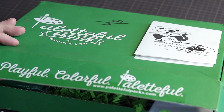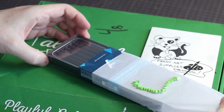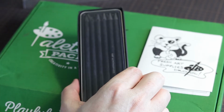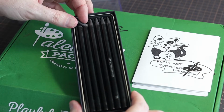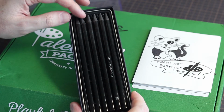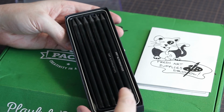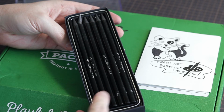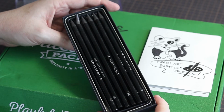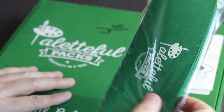Ooh, I think I hear pencils! Ooh, it's a Woodless pencil set. Let's see. It looks like I've got a broken tip from mine. That's alright considering all the things that have shipped to me over the years. It looks like 2B, 2B, 4B, 4B, 6B, and 6B. So yeah, I'm really happy about this one. So exciting! Okay, next up we've got...